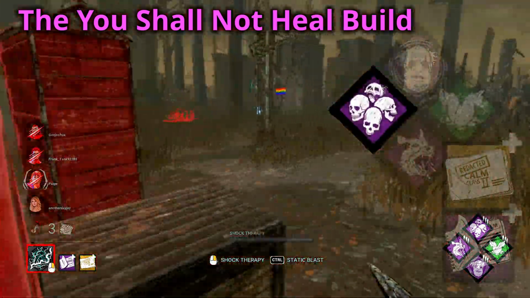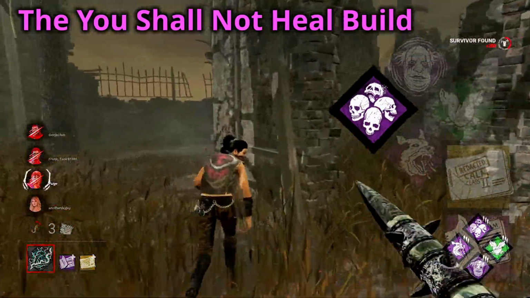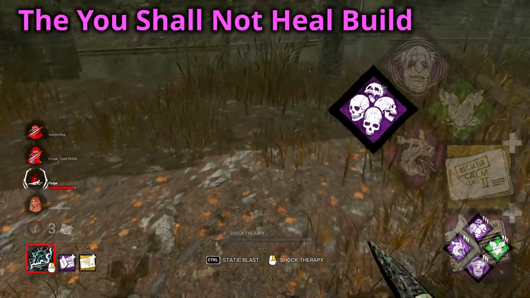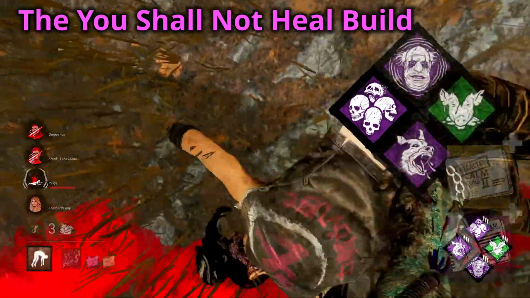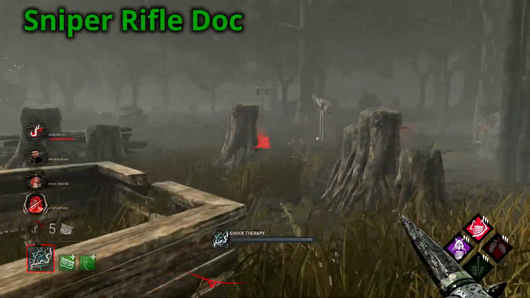As for Thanatophobia, it'll apply a stackable 5% action debuff to the survivors' generator repair speeds, cleansing, and sabotage speeds, slowing them down passively. By preventing them from healing, Thanatophobia's value will only increase in effectiveness, and thus the build comes full circle. Build number 3 is what I like to call Sniper Rifle Doc, and features the add-ons the